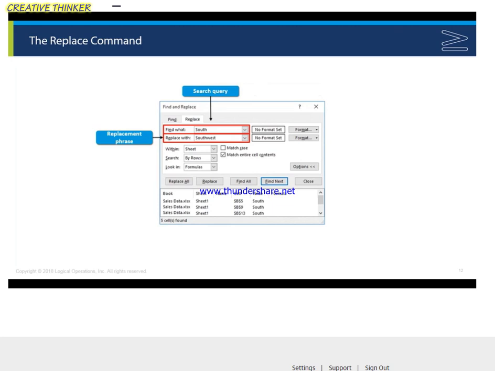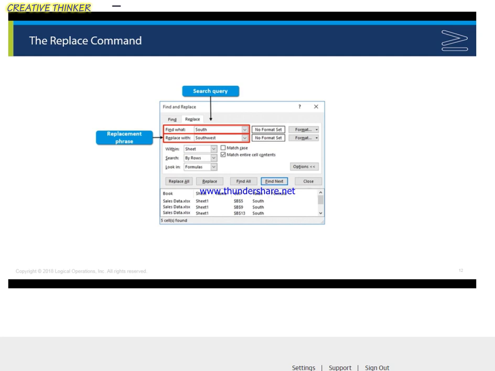Of course, what follows that is replace. All right, so I may want to find data just to simply find it in a large worksheet. But what's often more common is that I'm looking to find data so that I can then replace it. Find just looks for a particular text. Replace is then going to say, well, I want you to find this text and I want you to replace